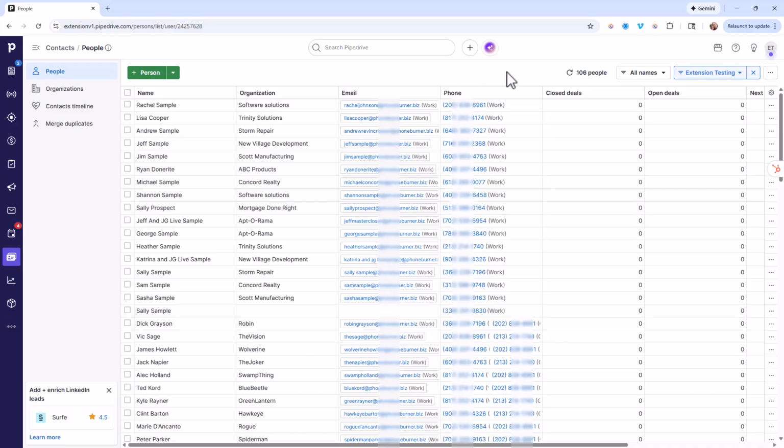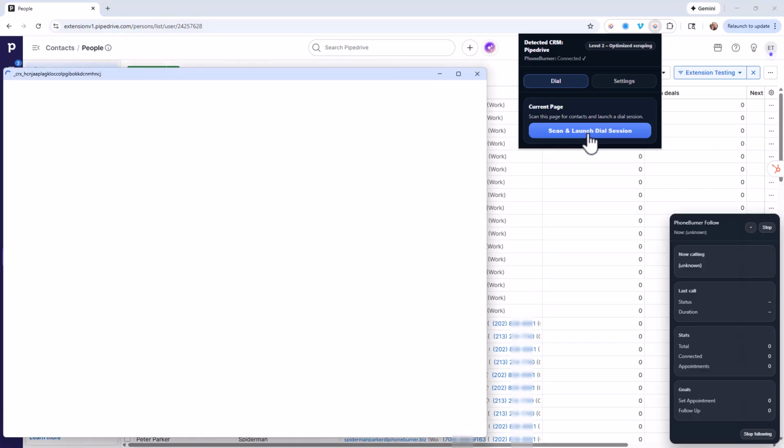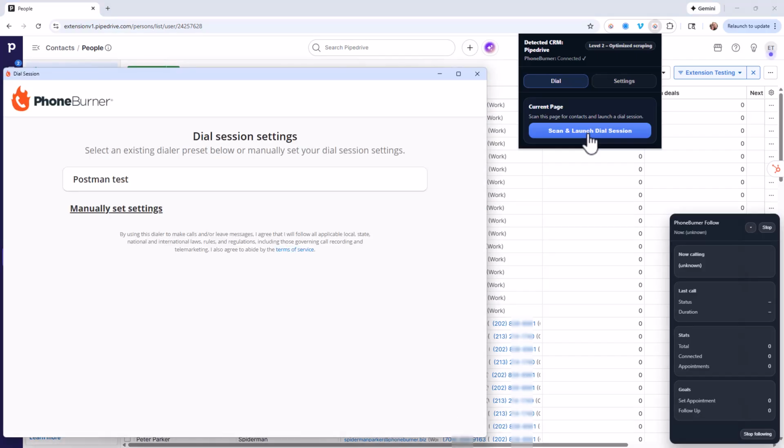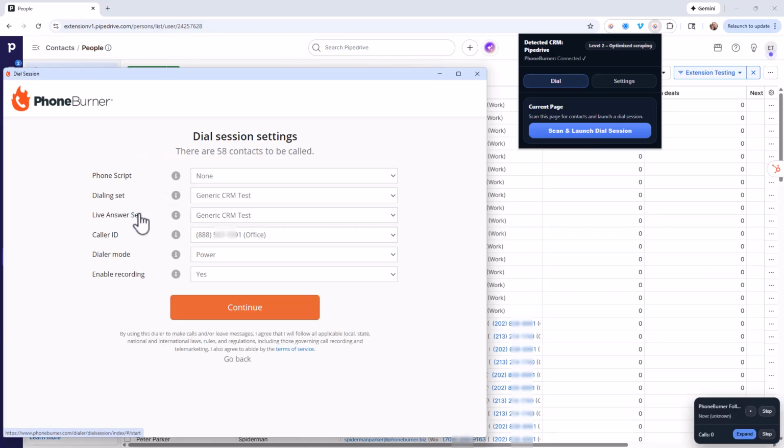Let me show you. Here I've got the extension installed. I've added the PhoneBurner personal access token for my account. And all I have to do is click the Scan and Launch Dial Session button. And the extension is going to scan the page, find as many contacts with phone numbers as it can, and load them into a dial session. So now all I have to do is go through here and set everything up